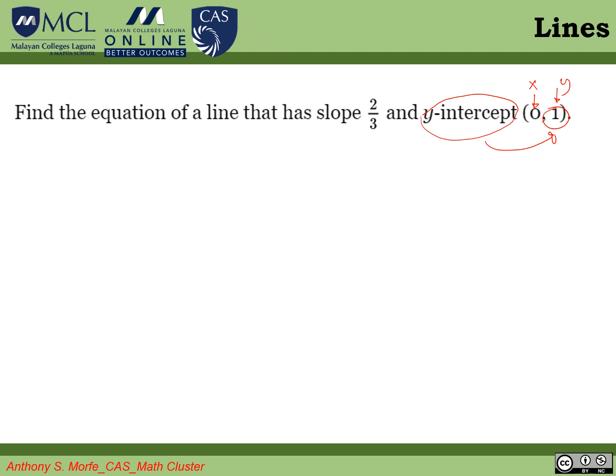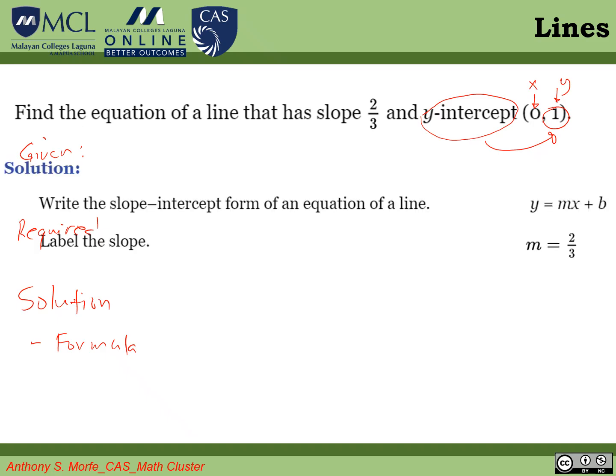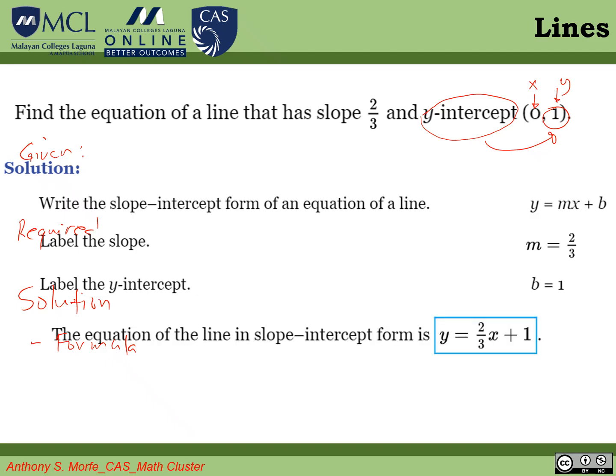Then as I mentioned to you, we need to write down what the givens are. So this is how to organize your solution. Write down the givens, what is asked in the problem, and then followed by your solution. In your solution, you have to indicate what formula you are going to use to solve the problem. Okay, and then we have this. I have also shown you this one. This is the solution given in the lecture material.